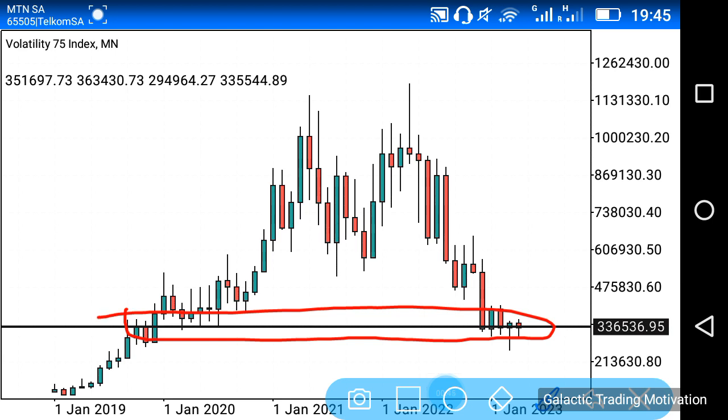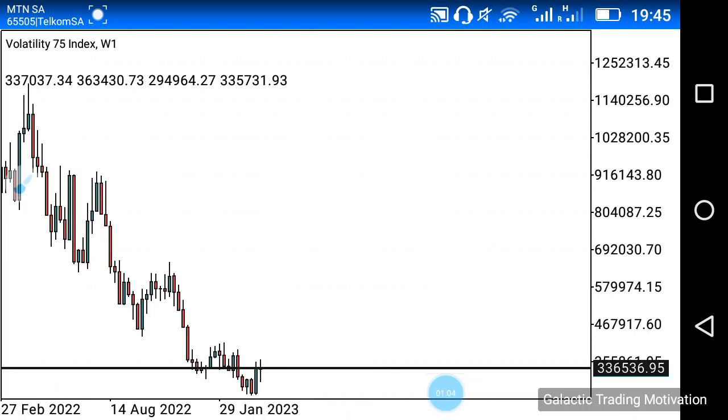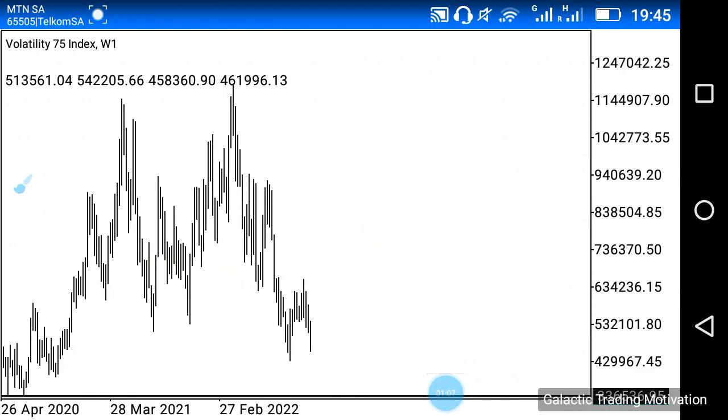Anyway, from here, what I'm gonna do is head down to the weekly chart. However, before I do so, let me just point out that we might potentially see the market actually push further up, and perhaps to around this level over here, right? Anyway, from here, let's head down to the weekly chart and see what's happening exactly. And here we are on the weekly chart, right?